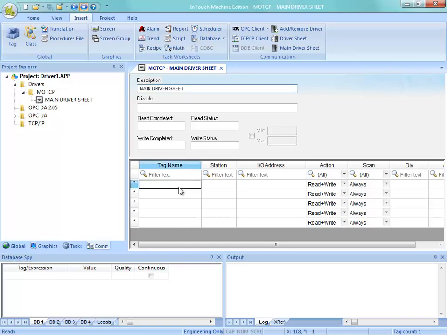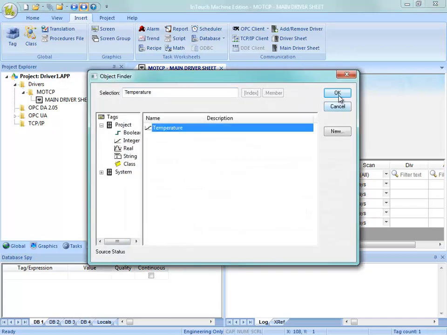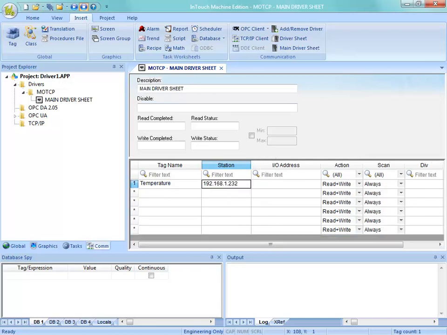And I'm going to take that tag, that InTouch Machine Edition tag, which if I go off that cell and then double click on it, I can just choose it from the list. I don't have to retype it. And that particular PLC is at an IP address of 192.168.1.232. Now I need a little bit more than the IP address, and if I pull the manual back into view here,